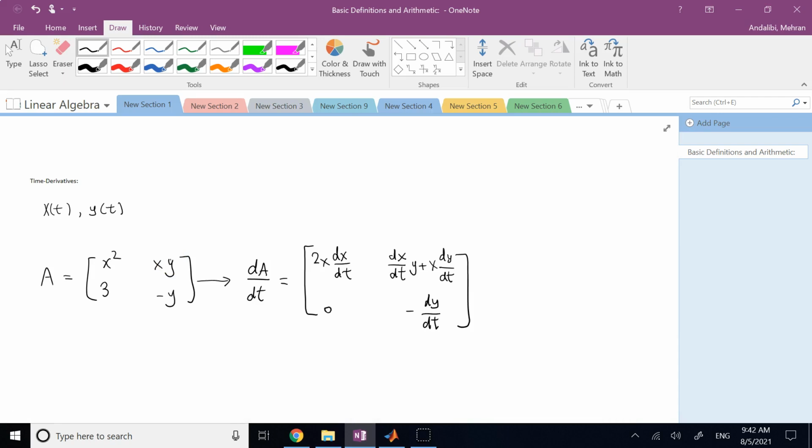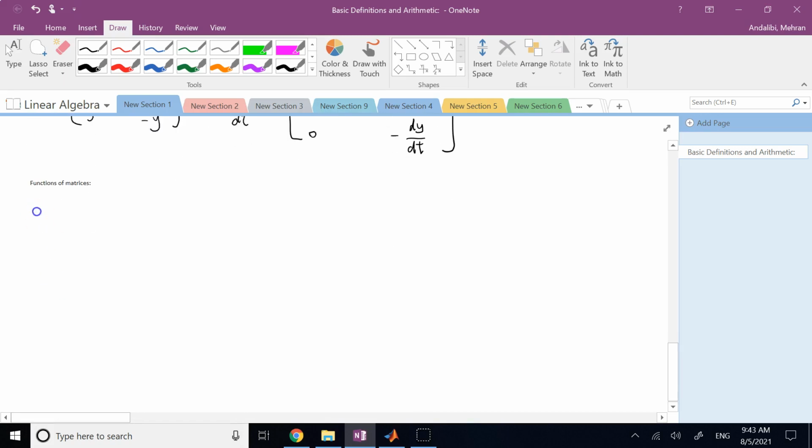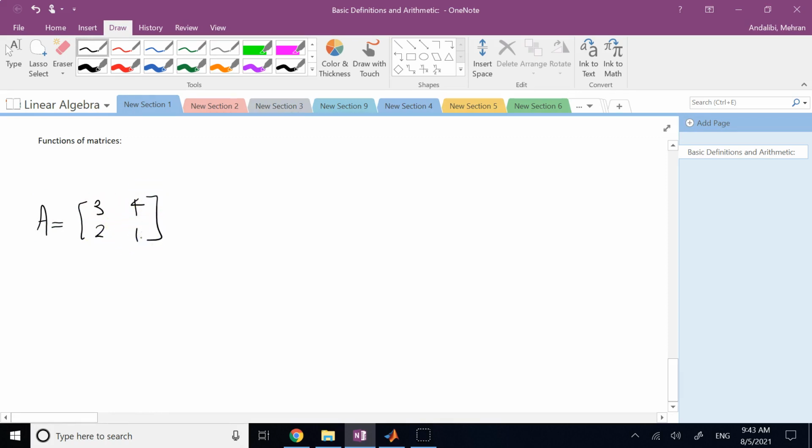Let me tell you one other thing, a function of a matrix. That might also be useful to you because I know you might see something like that. So if I give you a function of a matrix, like for example, the exponential of a matrix, or let's say functions of matrices. Let me show you a couple of those as well because they might be useful to you. So when I say, for example, I have A, and A is like 2, 3, 4, 3, 4, 2, and 1. And then say, what is